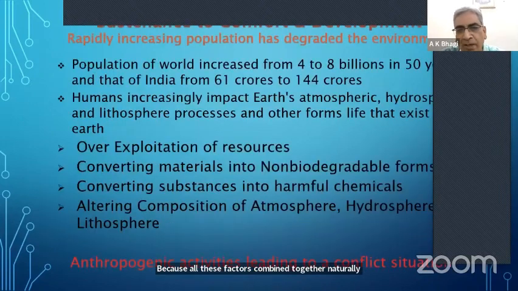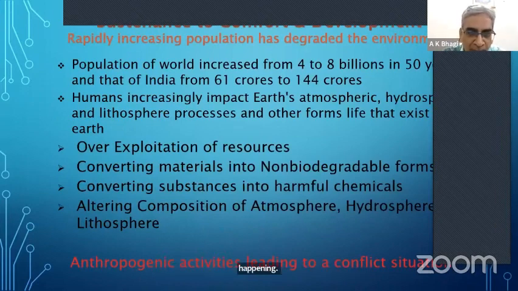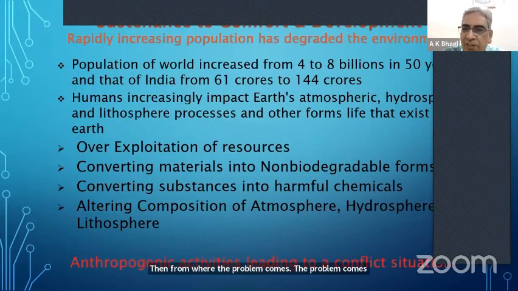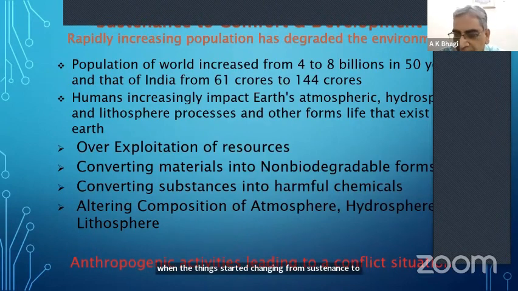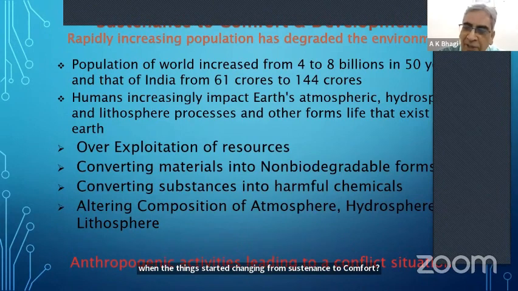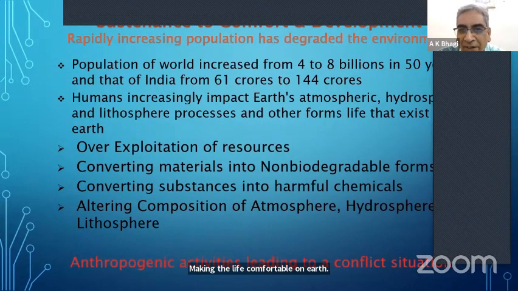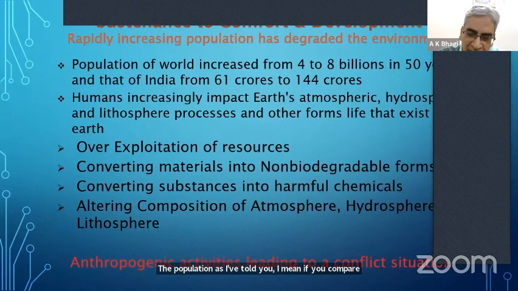Then from where does the problem come? The problem comes when things started changing from sustenance to comfort, and making life comfortable on earth means we measure it in terms of development. The population, as I've told you, if you compare how much change the population has undergone